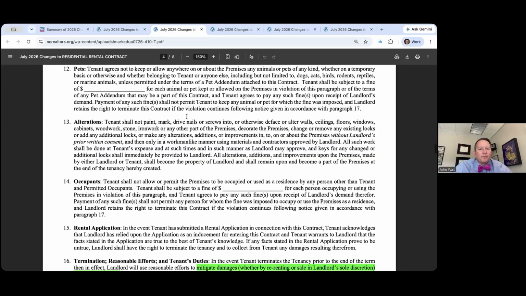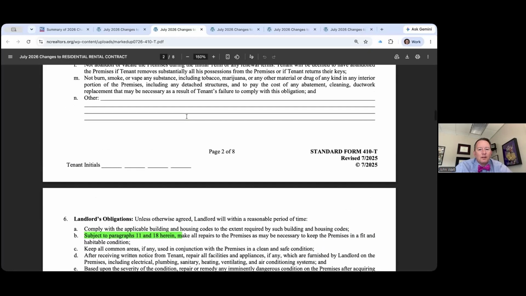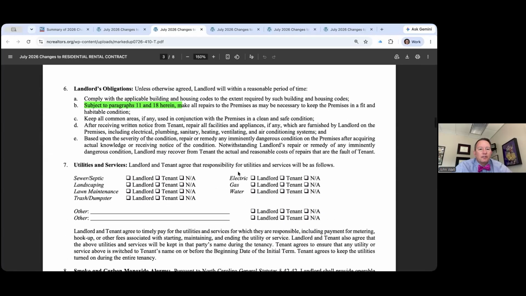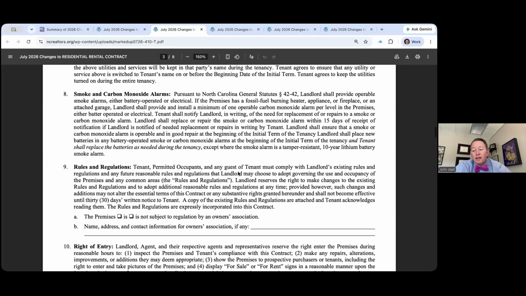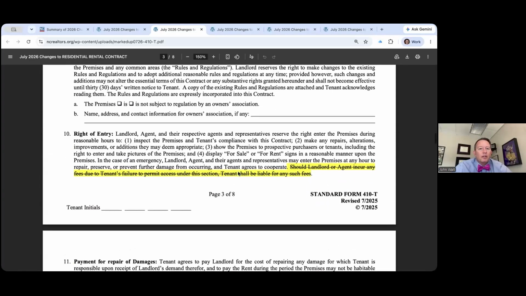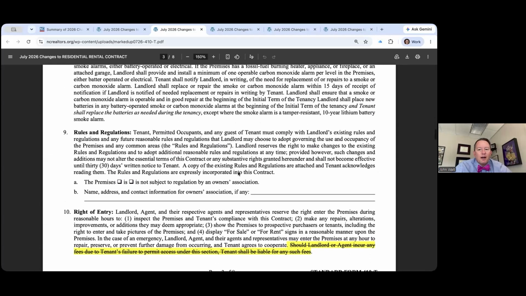So even though the landlord has the duty to make repairs to the premises to keep it fit and habitable, there's a lot more that goes along with that in the lease itself. So just to make sure that this particular obligation is subject to those paragraphs, meaning that it has to accommodate for those other provisions. Here you've got a deletion, but it's not because